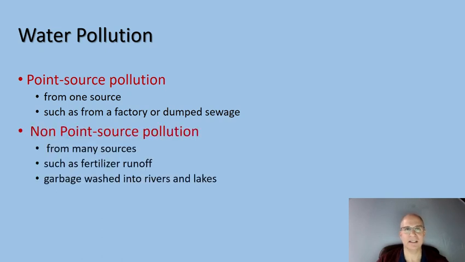Non-point source pollution is where we have pollution that's being generated generally at relatively low levels, but from lots of different places. So lots of different places are dumping low amounts of nutrients into the water. So we wouldn't necessarily be able to trace the pollution back to a single point. But the effects can be the same. If we're getting lots of pollutants dumped at low levels from lots of places, it can still be pretty damaging